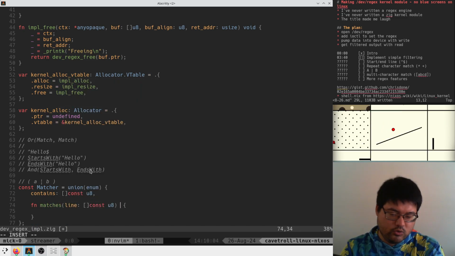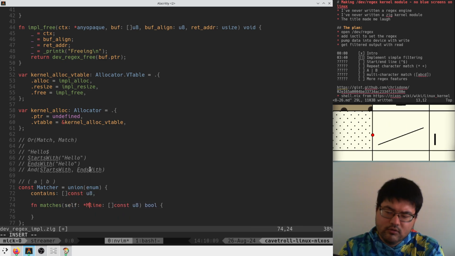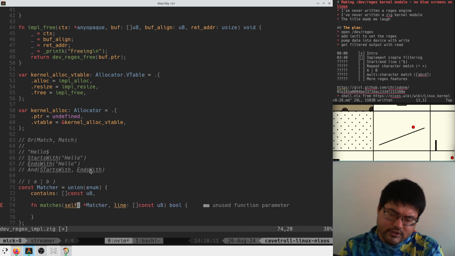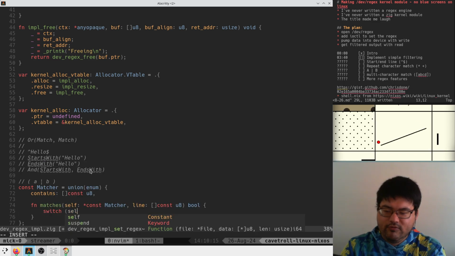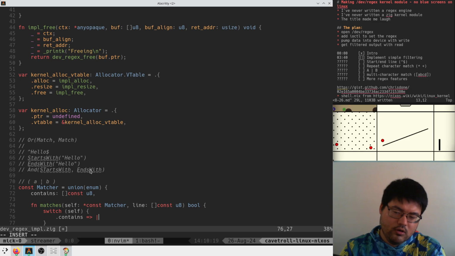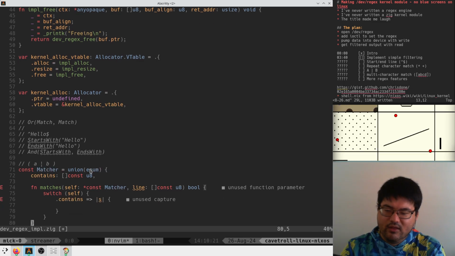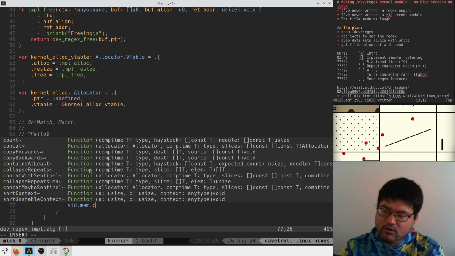And this will just return true or false. So then we can switch on self, probably by const. And here we say, if we are a contains, then we just say line std mem contains